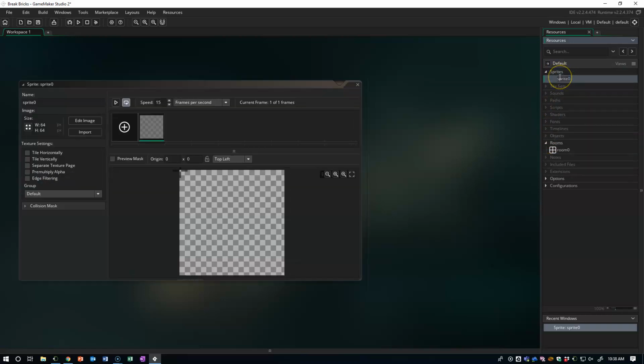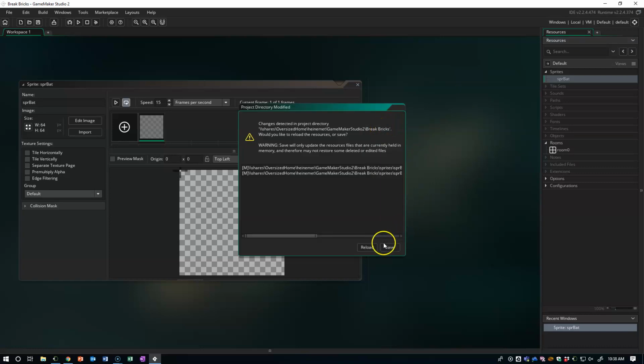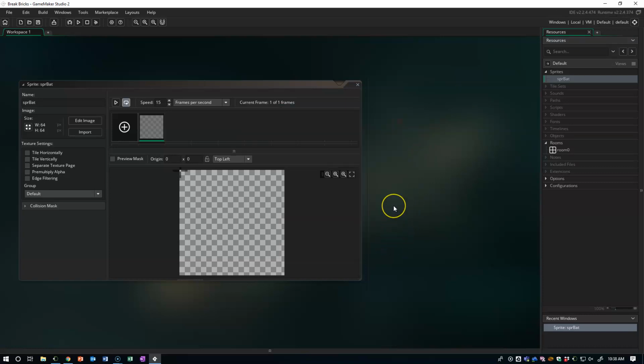So we right click on sprite, select create sprite. This is the bat sprite, so we're going to call it lowercase spr and then capitalize Bat. I'm just going to click save. A reminder that the bat